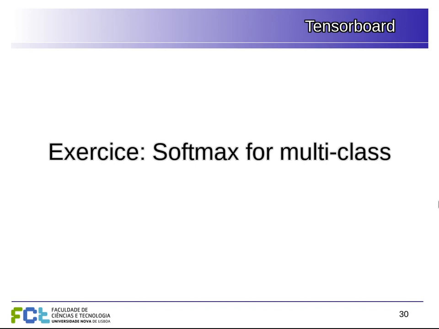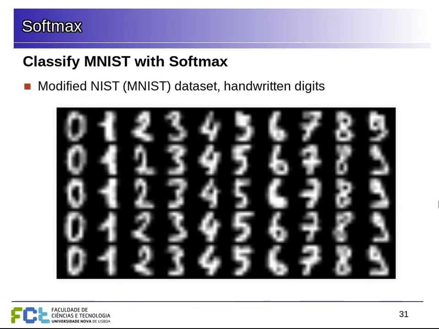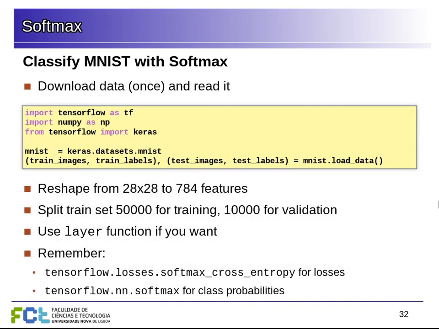Another exercise that you're going to do is to use Softmax for multiclass classification. We're going to use the MNIST dataset. So this is a dataset of images of handwritten digits. And each image is 28 by 28 pixels, and they have classes for 0, 1, and so on. You're going to create a multi-layer perceptron for trying to classify this data, but first you need to obtain the data. You can do that by importing this